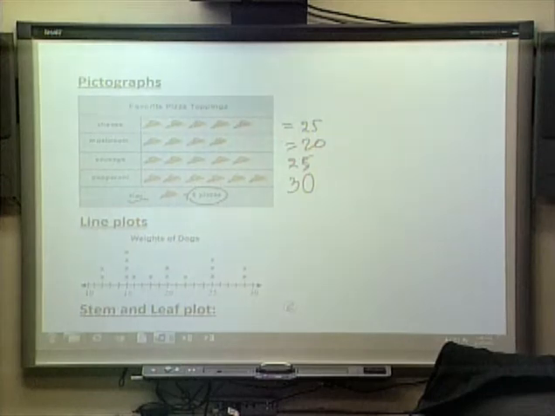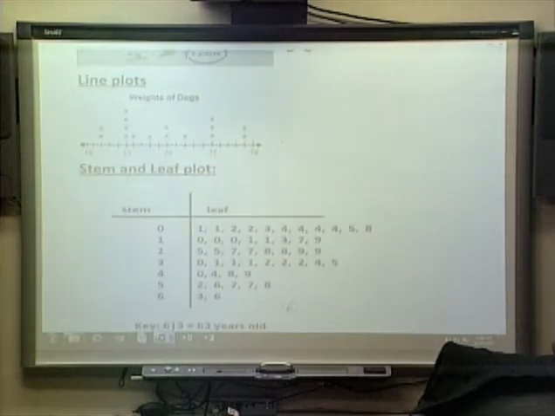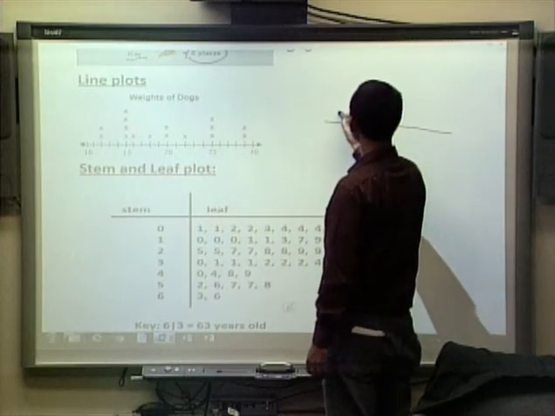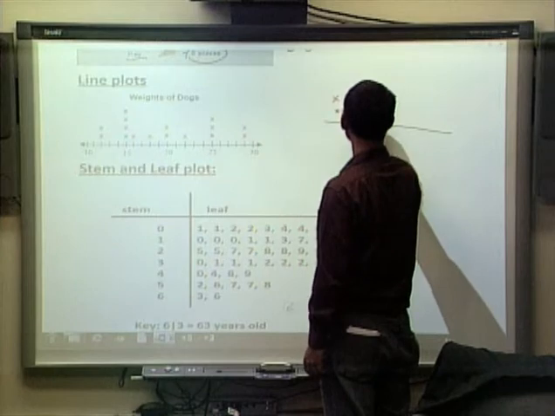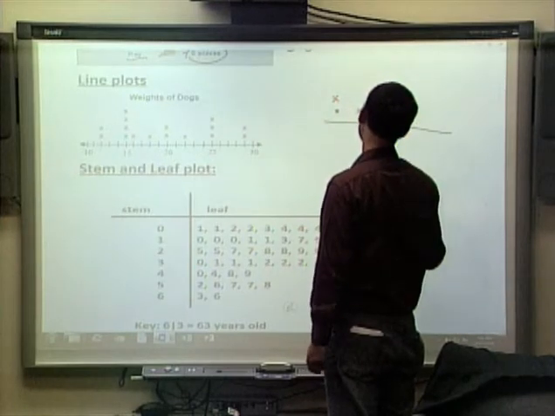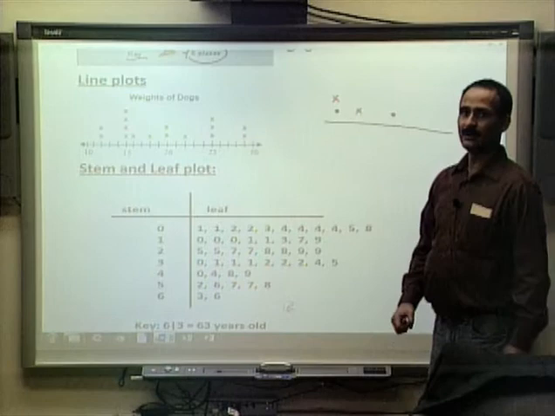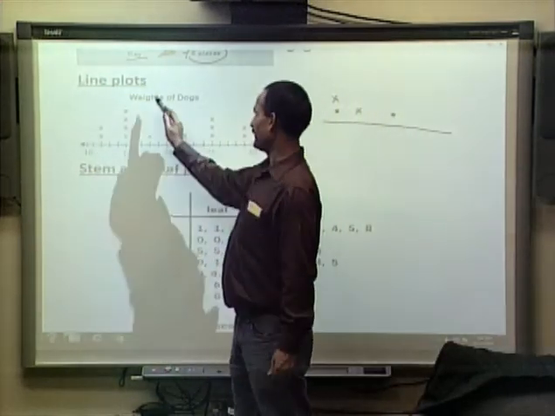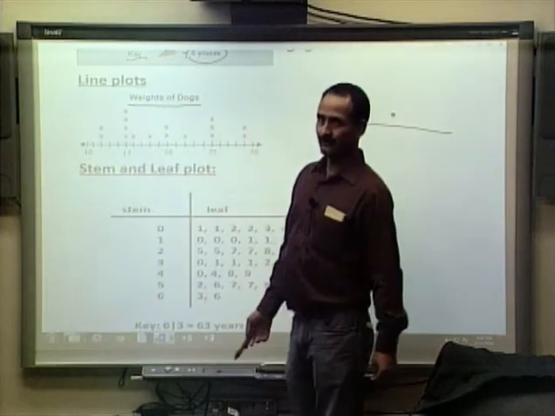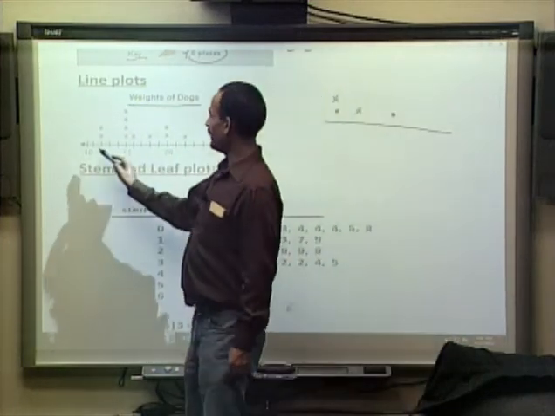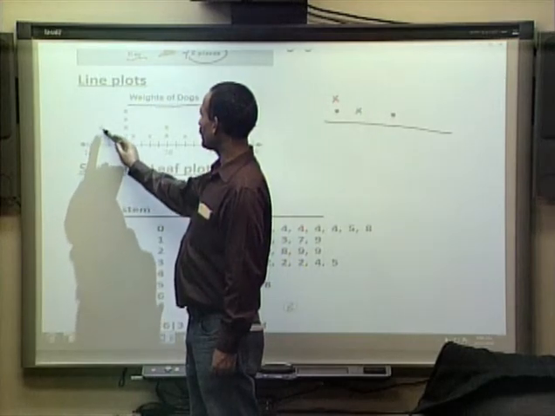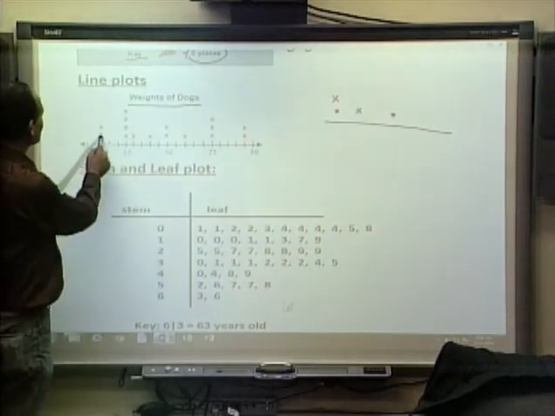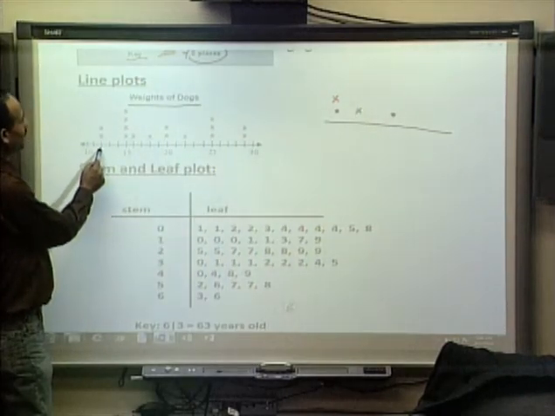Then we have line plots. In line plots, we draw a line and put either a dot or a cross or something like this. Some people put a dot, some people put a cross to represent the data. For example, here is a line plot about the weight of dogs, and one cross here represents one dog. Since we see there are two crosses above 10, 11, 12,